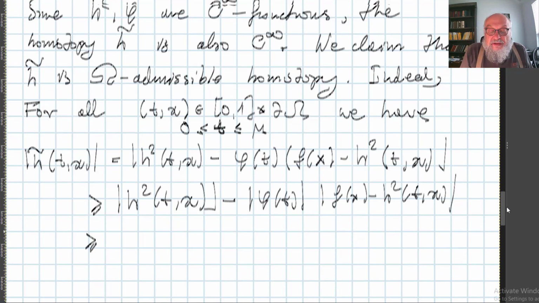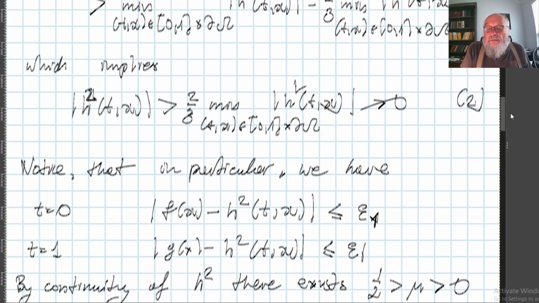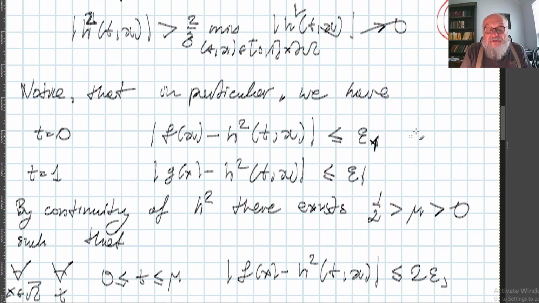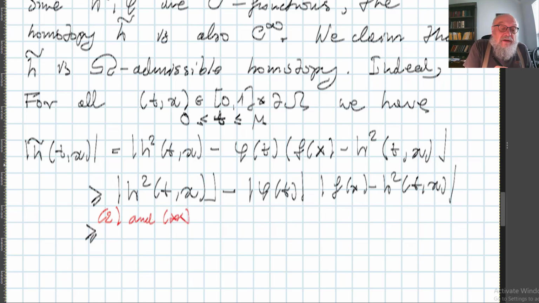Again, another inequality. Look that we have here by inequality number 2, this is this inequality. We have, and this is the inequality, call this one here star. So that one, inequality star. So this is by 2 and star. We are getting here that that one is larger, actually strictly larger. So this is strictly larger than 2/3,